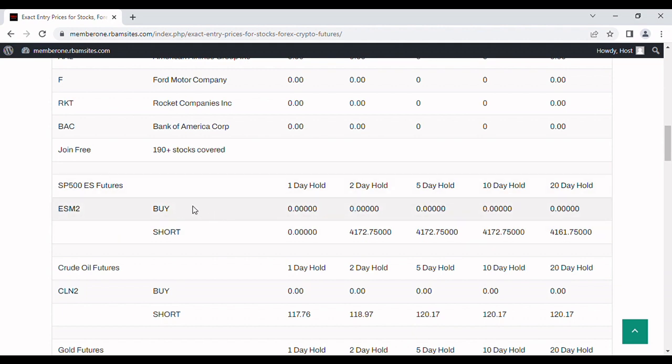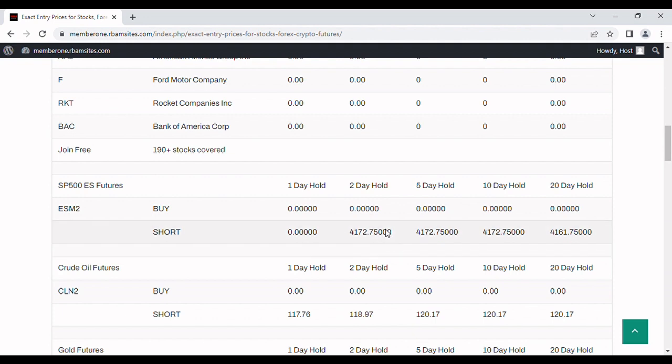And each day before 7 a.m. we post either a buy or a short signal for various holding periods. You can see we have 1, 2, 5, 10, and 20-day holding periods. And I'll describe how they work in just a minute. Today you can see there's nothing for a 1-day short, and that's almost always going to be the case. But it does have a 2-day short